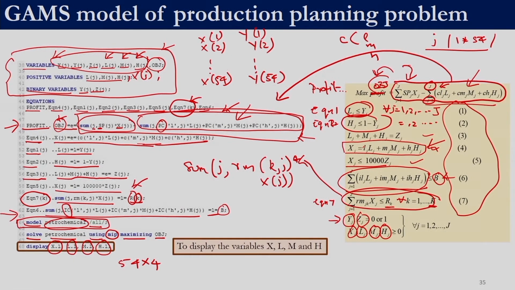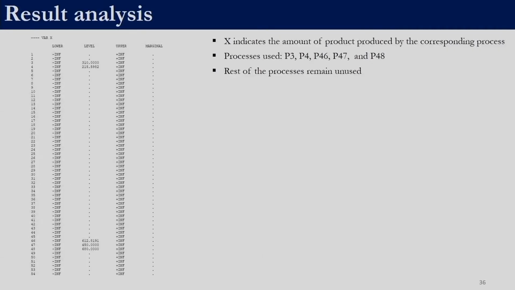Now that we have constructed the GAMS model, we can execute it. When we execute the GAMS model, we will get two files, the list file and the log file. You can browse through the list file. Here we will just discuss the values of the decision variables. This is a section of the list file. Right now we have shown only the variable X. For variable X, the lower bound is given and the upper bound is given. We did not explicitly specify X to be a positive variable, so it is showing the lower bound to be minus infinity and the upper bound to be plus infinity.